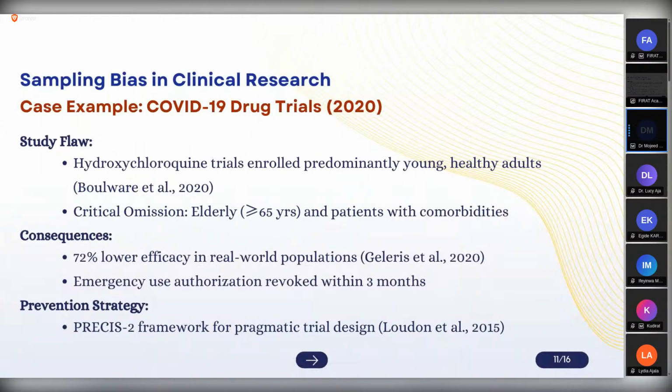So there is a critical omission of elderly patients, 65 and above, and of course patients with comorbidities. And other studies have found that comorbidities like hypertension and diabetes are also associated with COVID-19 mortality. Now, the consequences are: one,